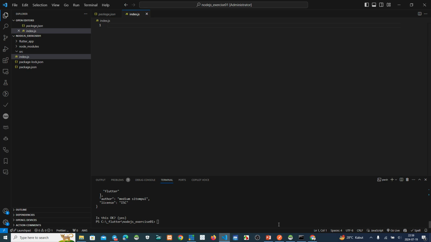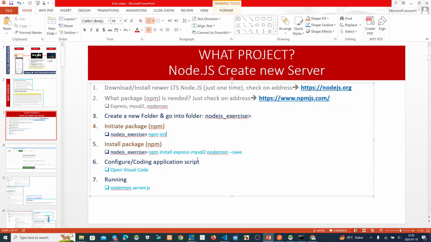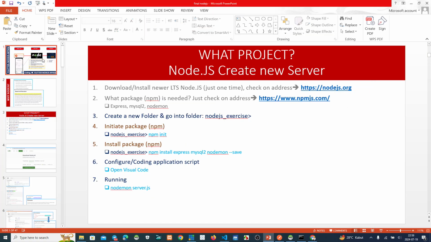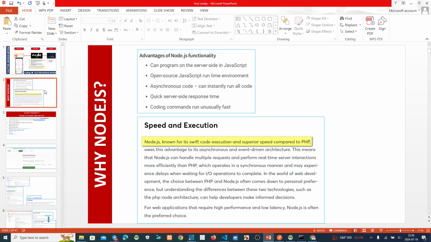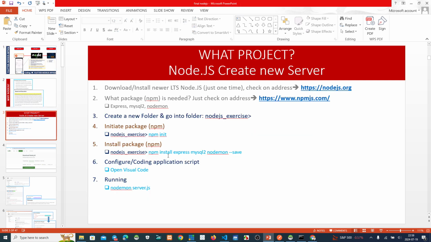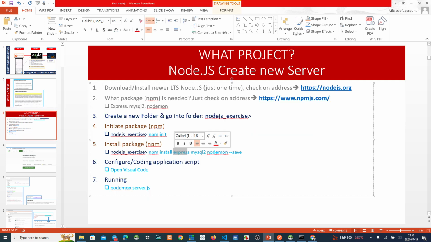Okay, now we want to make a server. This one, create a new server by using Express, MySQL to use the database, and this one, nodemon, to run the server always on.